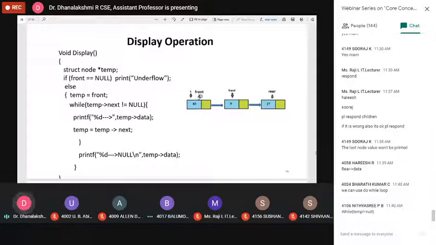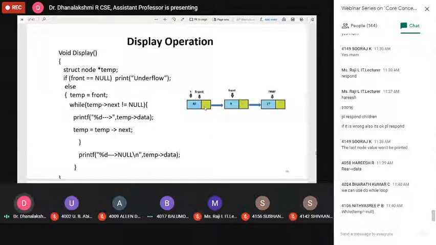Yes, we set the temporary pointer here. Then immediately we check the next field of this node. The next field of this node is not equal to null. Okay, no problem. Then we print the data. What is the data here? How can we print this 83? Rear arrow data is only for the last node. Is it suitable? So what about the concerned node data? How can we print it?